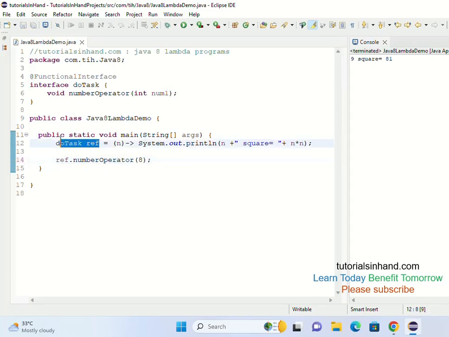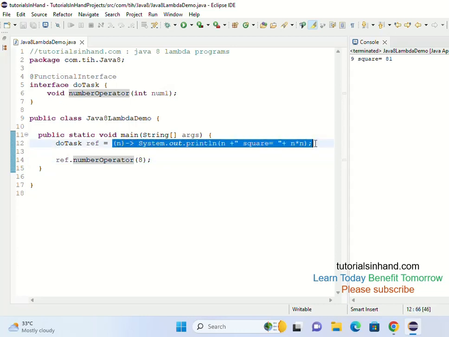So when you take the reference of this interface and call its abstract method, it will check where its implementation is provided, and it will find that okay, this is the place where the implementation is provided, and the implementation is such that when you pass 8, this n will store 8 in it.